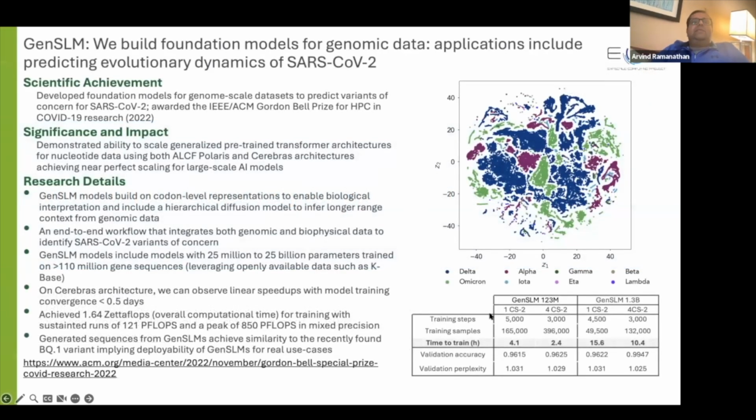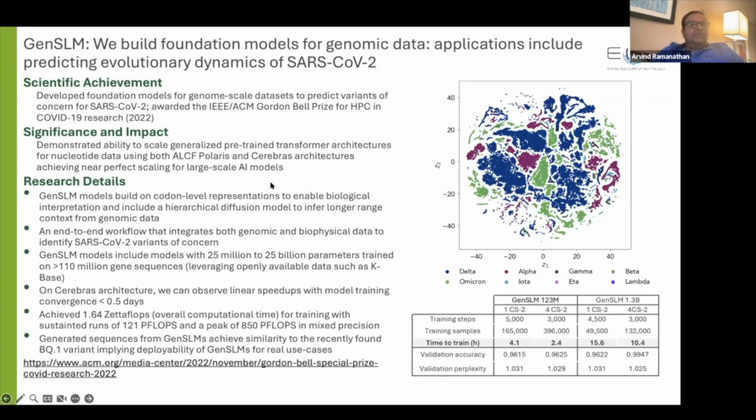One of the first applications that we did was that we built what are called foundation models for genomic data. These models are essentially like ChatGPT, very large models trained on huge amounts of genome-scale data sets. And they were fine-tuned on SARS-CoV-2 genomes that are available, nearly 1.5 million sequences from the